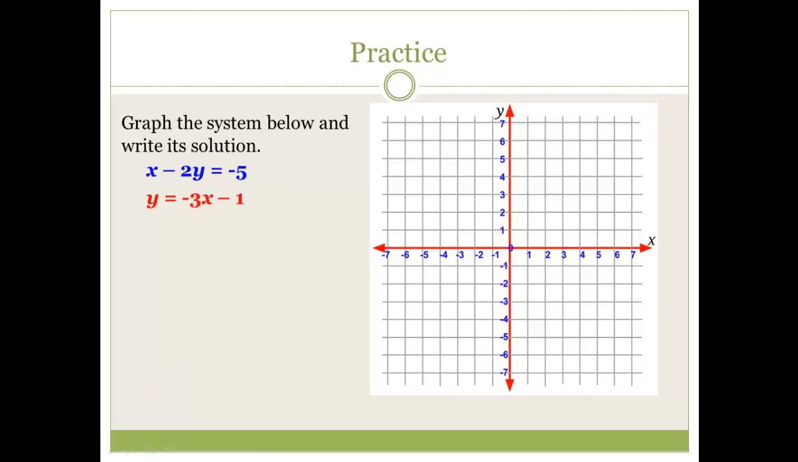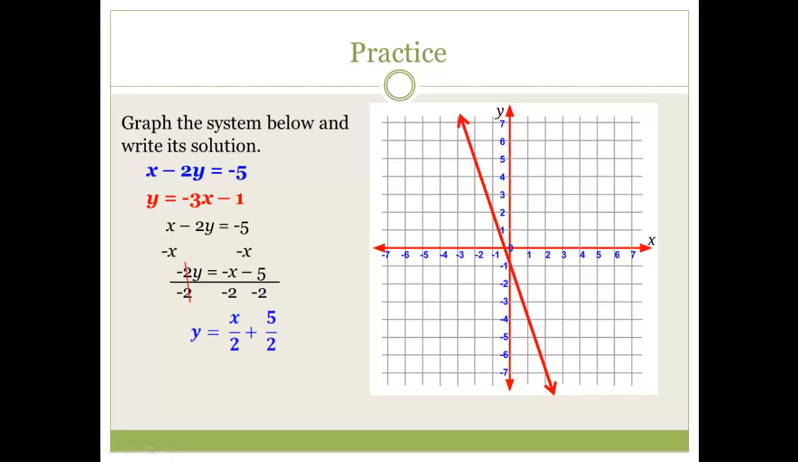Let's practice again. First, graph y equals negative 3x minus 1 by using the slope and y-intercept. The line should look like this. With x minus 2y equals negative 5, you'll need to get y alone. First, subtract the x on both sides. The x will cancel out on the left side, and you'll be left with negative 2y equals negative x minus 5. Finally, divide both sides by negative 2. The negative 2 crosses out on the left, and y equals x divided by 2 plus 5 divided by 2